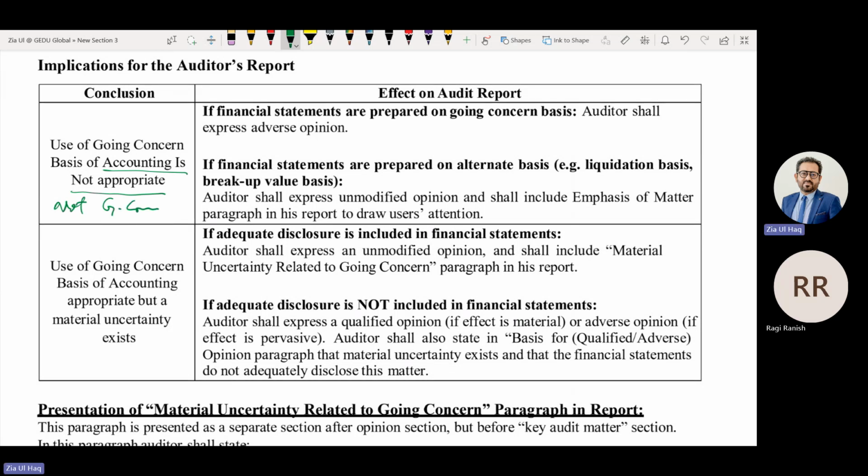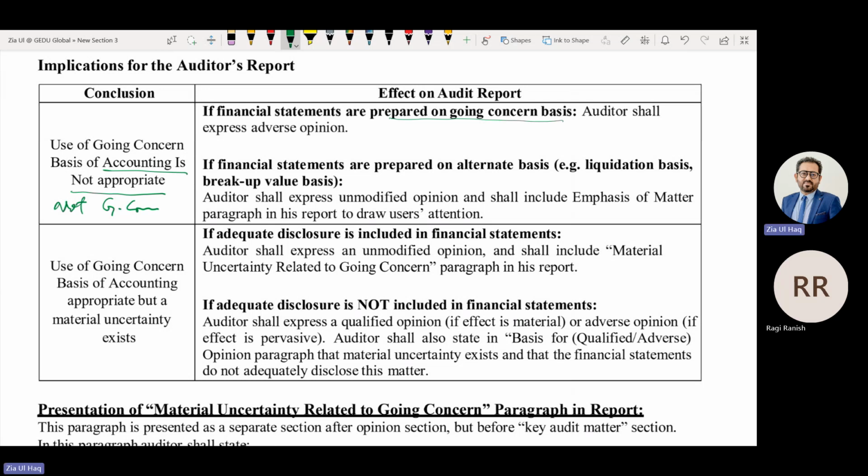If the company is not a going concern and the financial statements are prepared on a going concern basis, are those financial statements true or false? The company is not a going concern, but the financial statements have been prepared on a going concern basis. This means they are wrong.